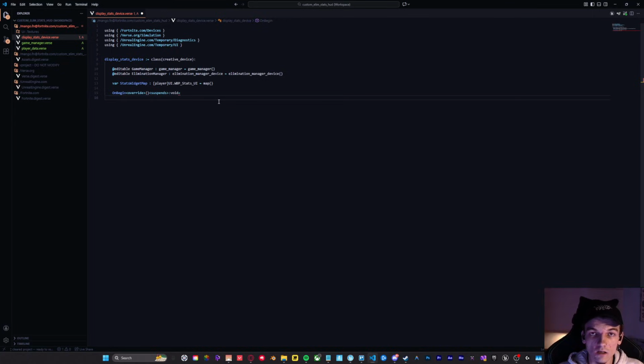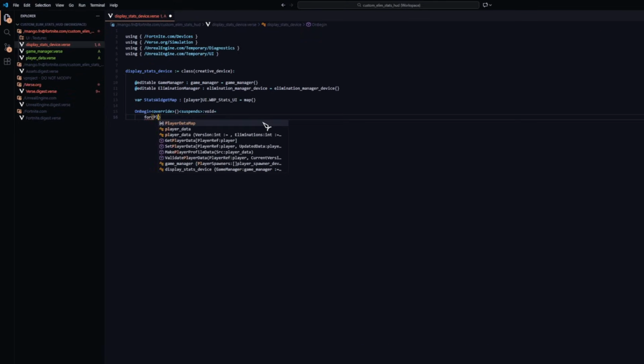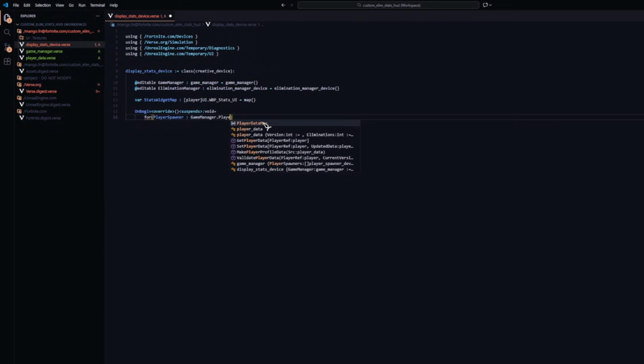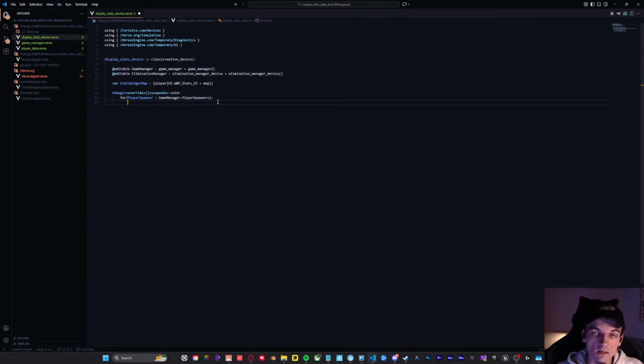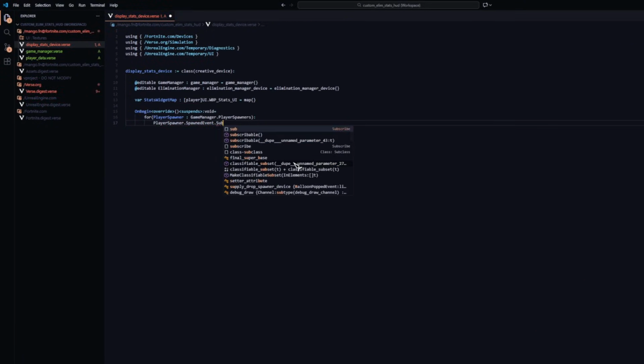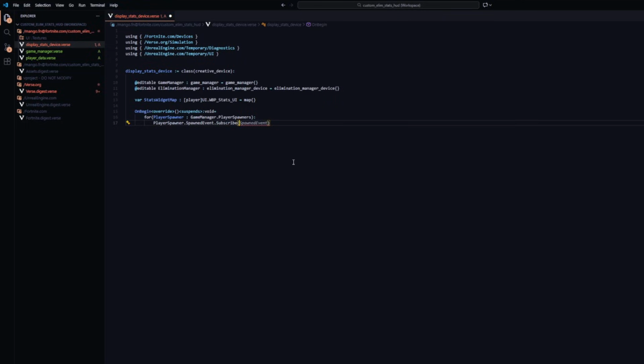Once you've got that taken care of, we can go ahead and type the player spawner for game manager.player spawners. And essentially this is just a for loop where it will loop through the entire array of player spawners inside of the game manager, and it will call a specific line of code or a block of code per spawner, and it will loop through all of these before moving on to the rest of the code. So in this case, you want to do player spawner.spawned event.subscribe, and we're going to do